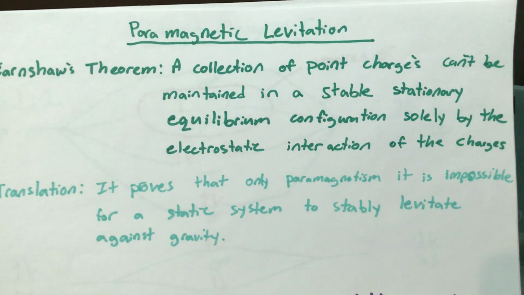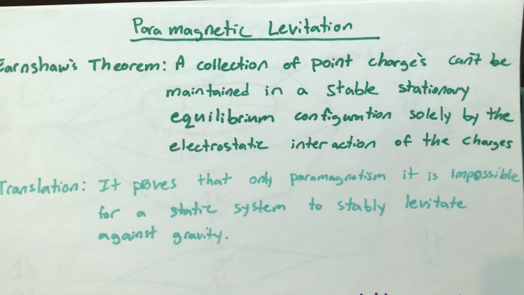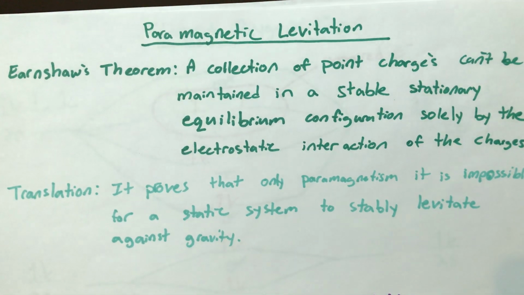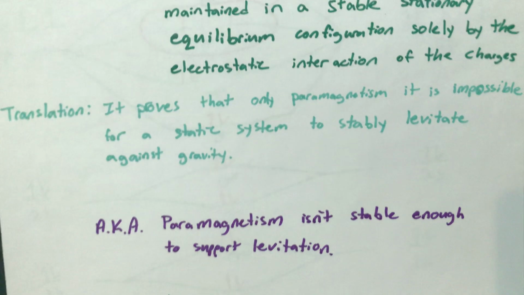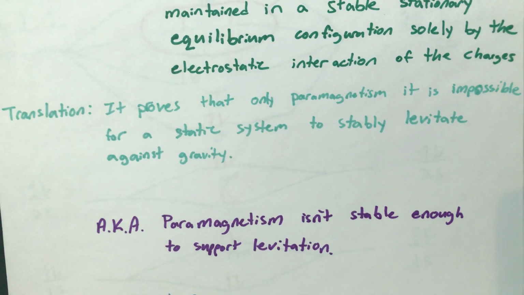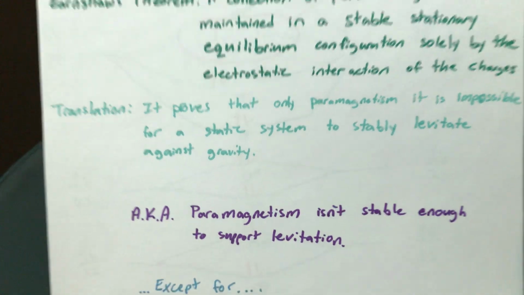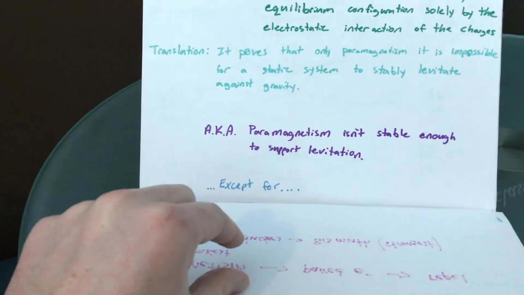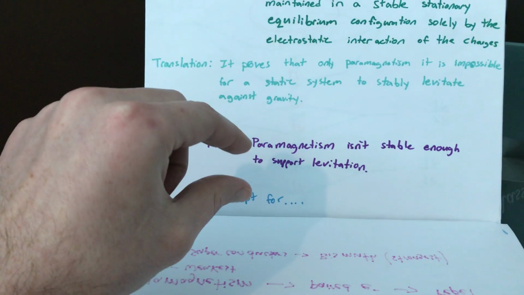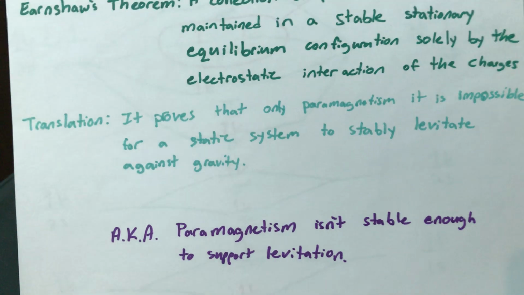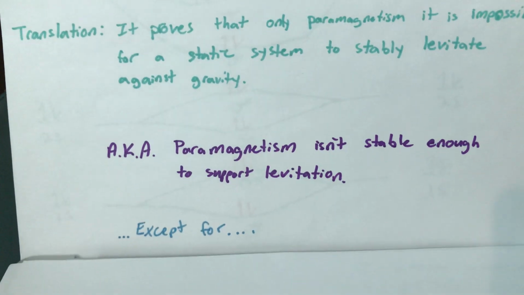Translation: it proves that it is impossible for a static system to stably levitate against gravity using paramagnetism. It's not stable enough. If you think about it, you have a magnet just sitting here. If I were to place another magnet on top, it would flip over and shoot off. So because of that, it's not stable enough to support levitation, except for